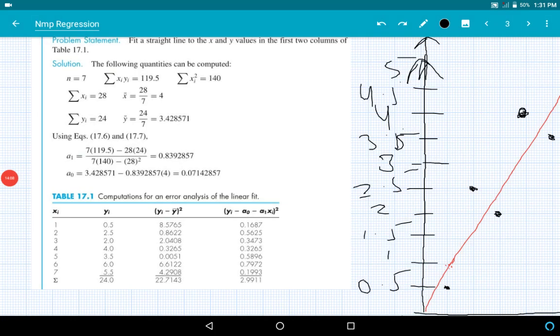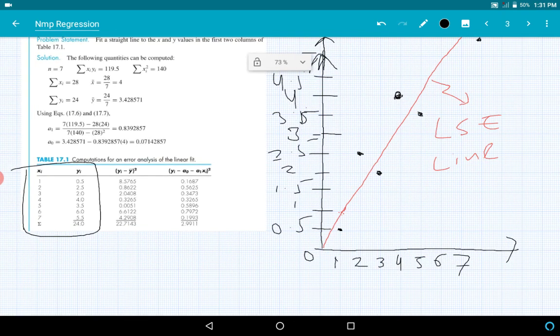We can understand everything best with the help of a numerical example. The numerical example we are considering here is this. You are given a table with the values of xi and yi. That means x and y values are given, so you can plot these x and y values on a graph. I have tried to do some graph drawing here. When x is 1, y is 0.5. So this is the first point. When x is 2, y is 2.5. So this is the second point, and so on. You can draw all the points, right?